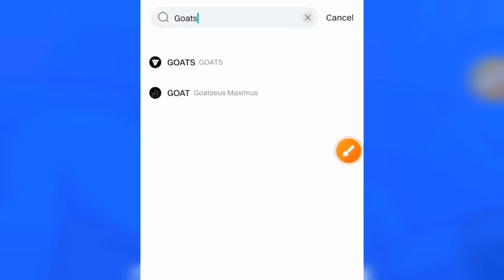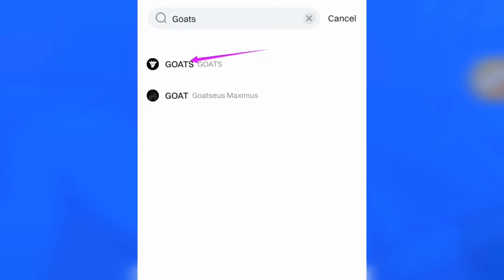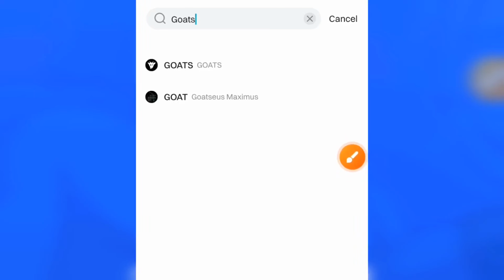Goats Maximum is another project. The one you're meant to copy is Goats right here. As you can see, this is the logo, or should I say icon. So just click on it,